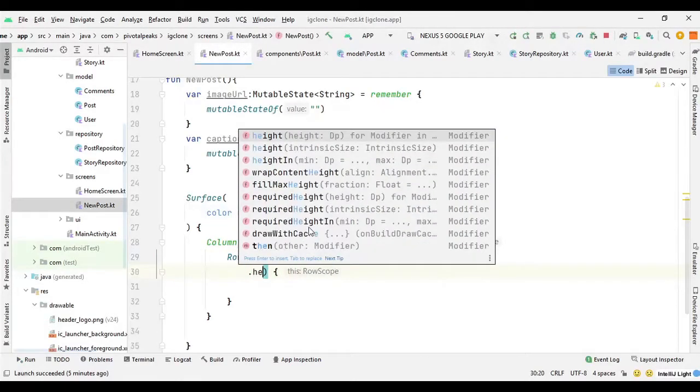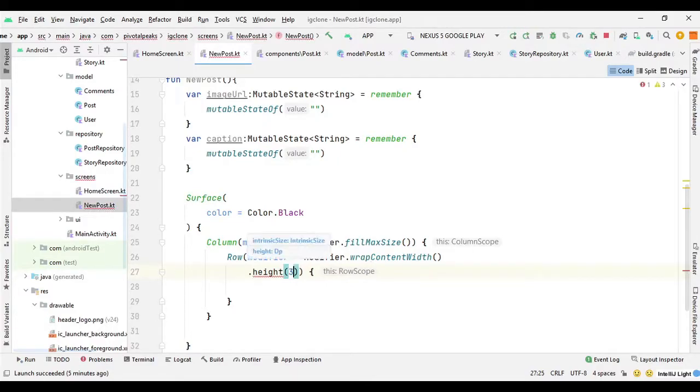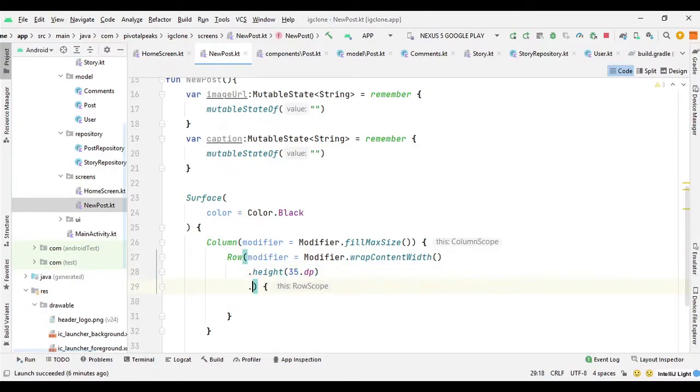So for height we can say 35 dp because we used 35 in the home screen, so let's be consistent with that. And for padding we can say 5 dp.